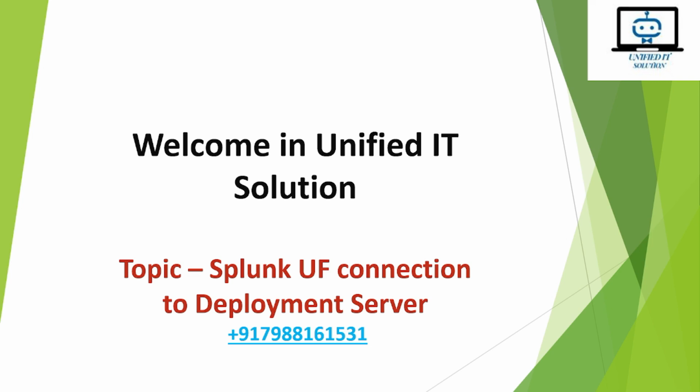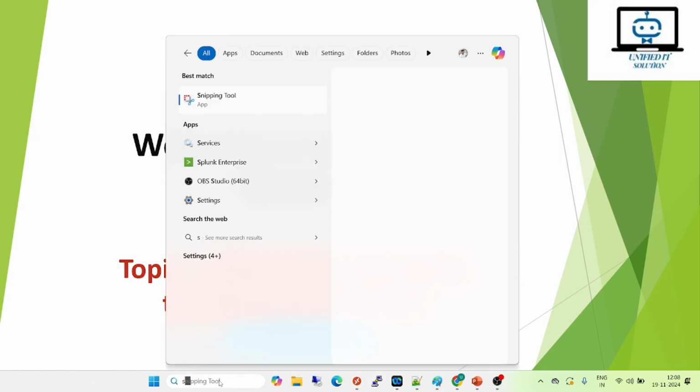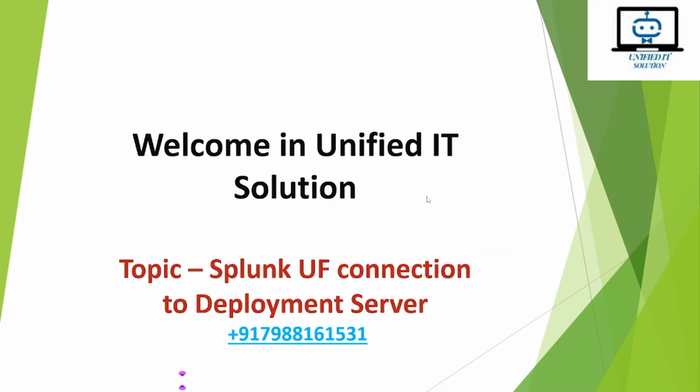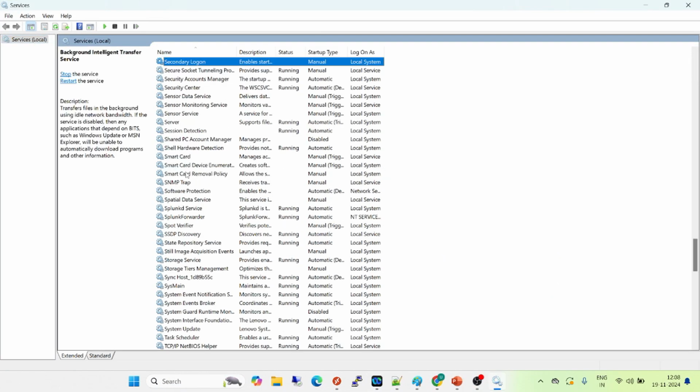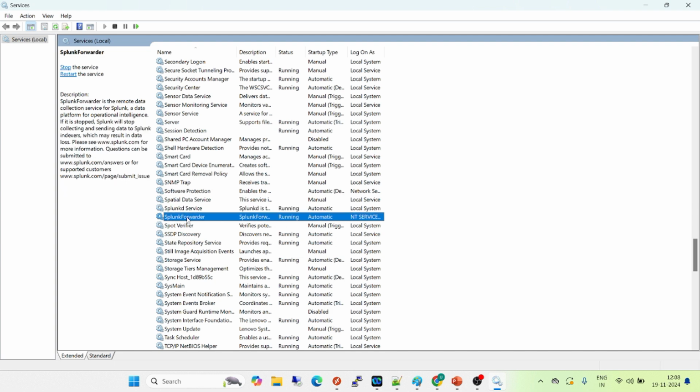So as of now guys, we have two instances. One is Splunk Universal Forwarder and one is Splunk Enterprise in our system. I will show you once again what services are running in our system right now. You can see here Splunkd is running, and here Splunk Forwarder is running. So we don't have a separate server for indexer, searcher and deployment server. I will just show you how you can make a connection through one instance